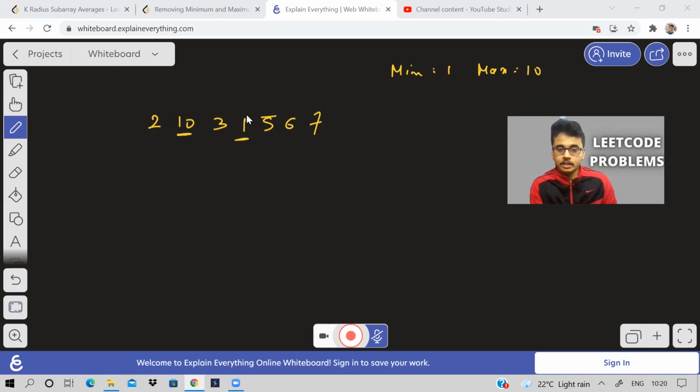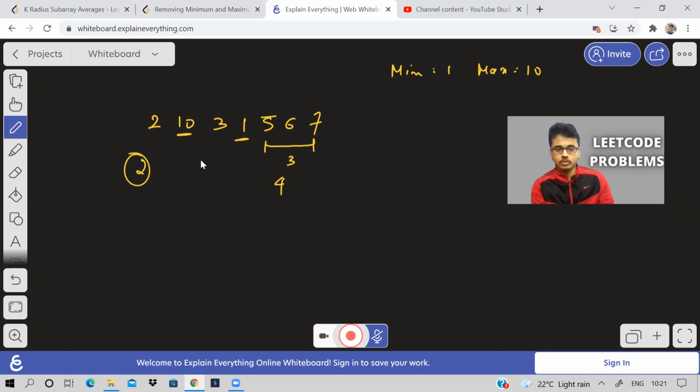when I'm comparing it with 1, because see, 1, how many operations does it need? 3 plus 1, so 4 operations are needed if I'm removing 1 from the right side, or if I want to remove 1 from the left side, again 4 operations will be needed. But for 10, if I remove 10 from the left side, 2 operations are needed, and the right side I won't consider because there are a lot of elements.